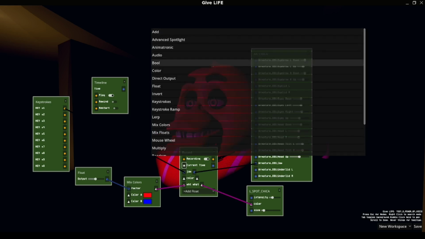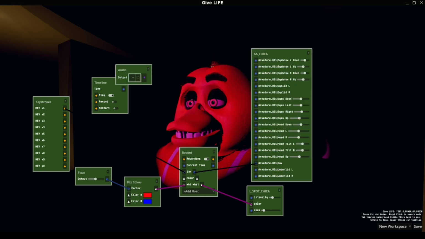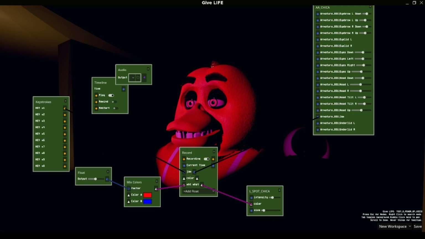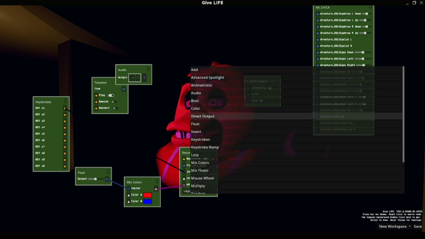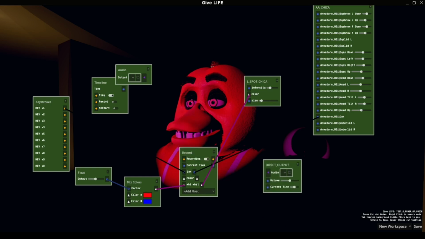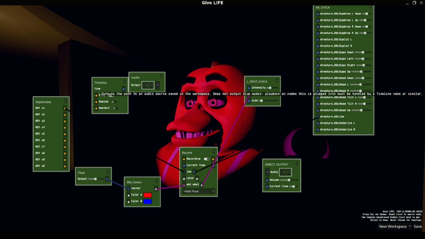But I will also mention how audio works. So let's get some audio plugged into this. If you're just doing a single show tape, you don't necessarily need to have this go through the record node, but it is useful. So we'll still show it because you can switch audio in the middle of recording, because audio is also programmable. So right here is an audio node. This will let us select any file on our computer. I'm not going to select a file on my computer, but you can choose whatever you would want.